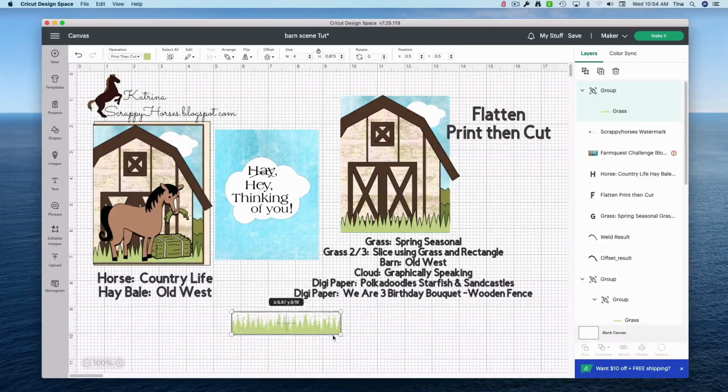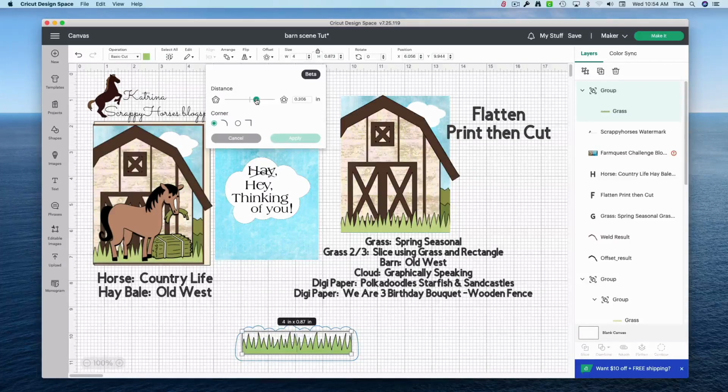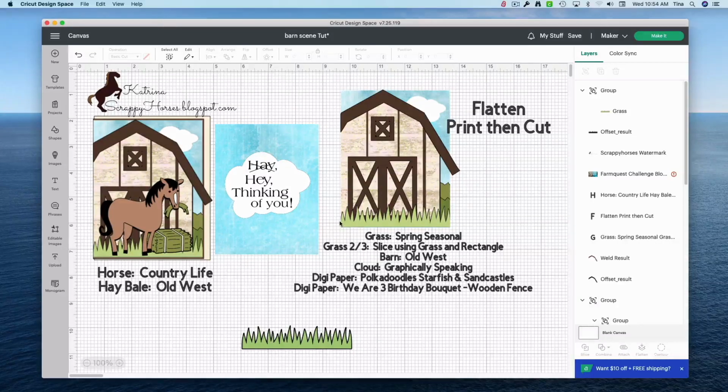So there's my grass. So before I did the print then cut, I chose my grass. I made it a basic cut. I hit offset. I took it all the way to the middle. Then on my keyboard, I just came over one time to the right with my arrow. The arrow on my keyboard, I pressed it one time to the right and I hit apply. Now, I don't want that bottom on there. Okay? I have a choice. I can either print it with it on and then slice it off,